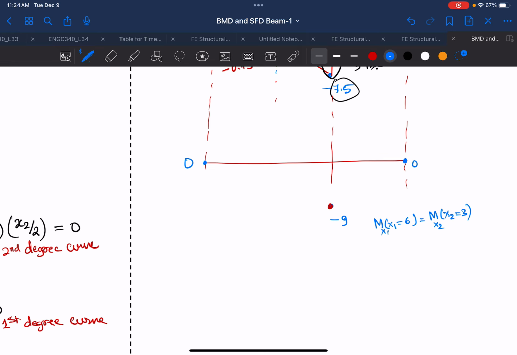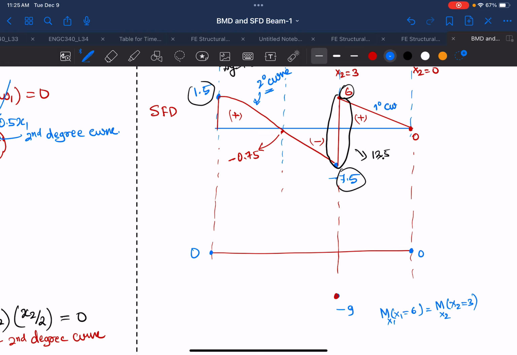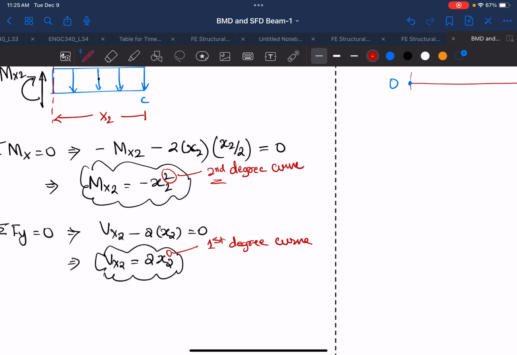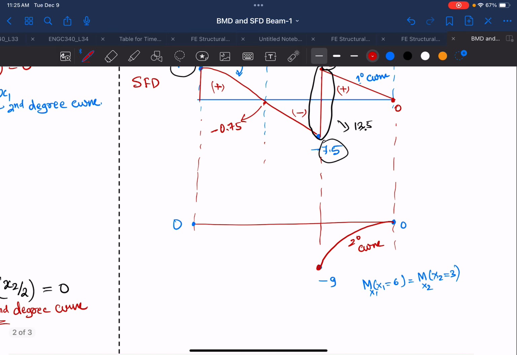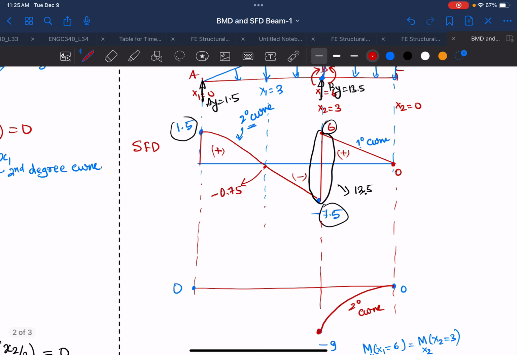Okay, now we know that the degree of your shear force is 2 degree, and this is 1 degree curve, and this is 1 degree curve. So we can say that the moment for this C to B will be 2 degree curve. Is it true? If you look here, it is 2 degree curve. Okay, so even if you put x2 equal to 0, moment will be 0, and x2 equal to minus 6. Okay, and then what about this? It is 2 degree, then the curve will be 1 degree, and now